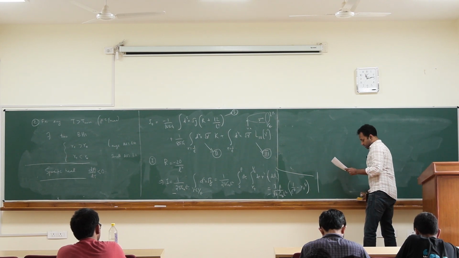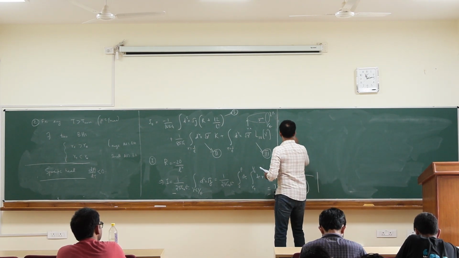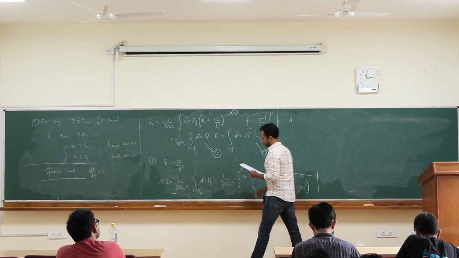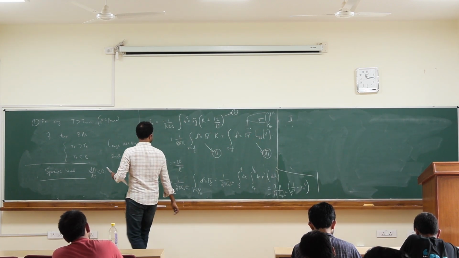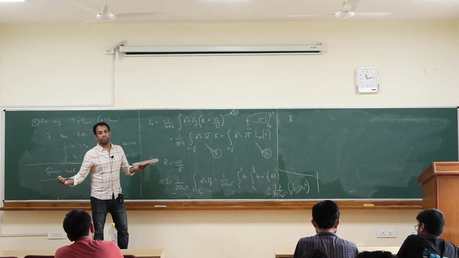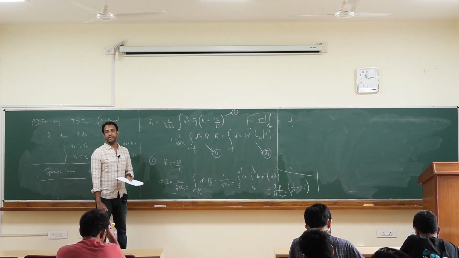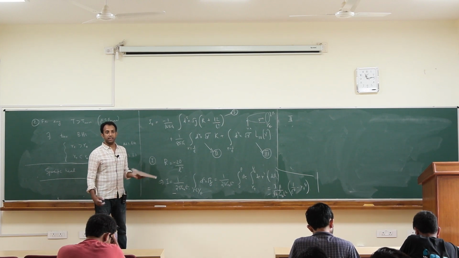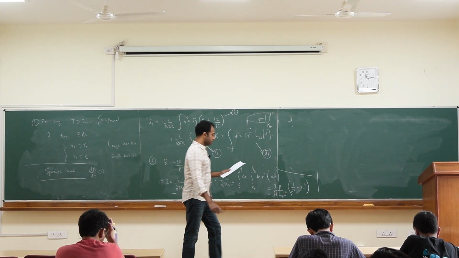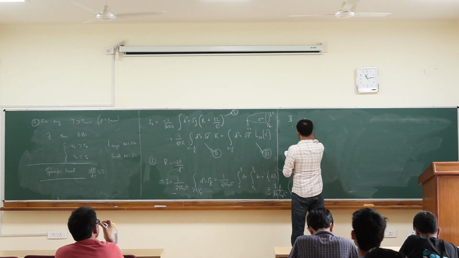All right, so now we can compute the second piece. The second piece is done exactly the same way as we did before, except the bulk is different. The bulk metric is the AdS Schwarzschild metric that I wrote down. Other than that, there is no difference at all. So the result is